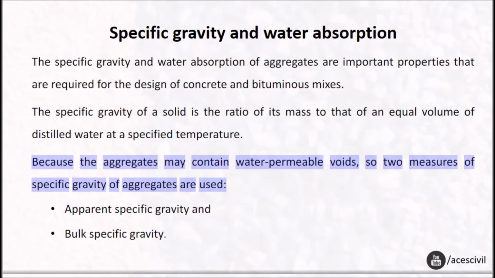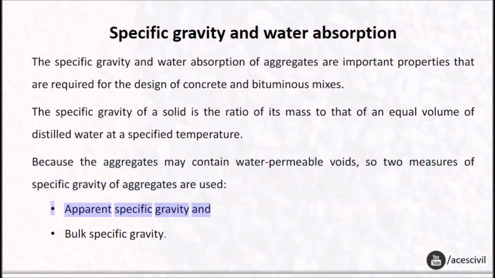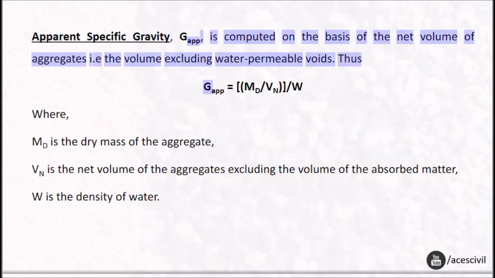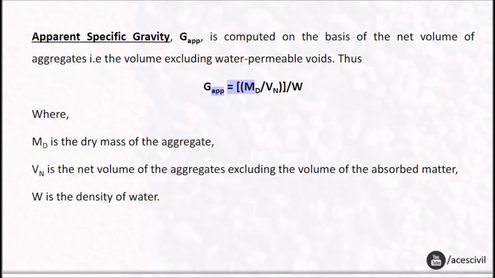Because the aggregates may contain water-permeable voids, two measures of specific gravity of aggregates are used: apparent specific gravity and bulk specific gravity. Apparent specific gravity, G_ap, is computed on the basis of the net volume of aggregates, i.e. the volume excluding water-permeable voids. Thus G_ap equals